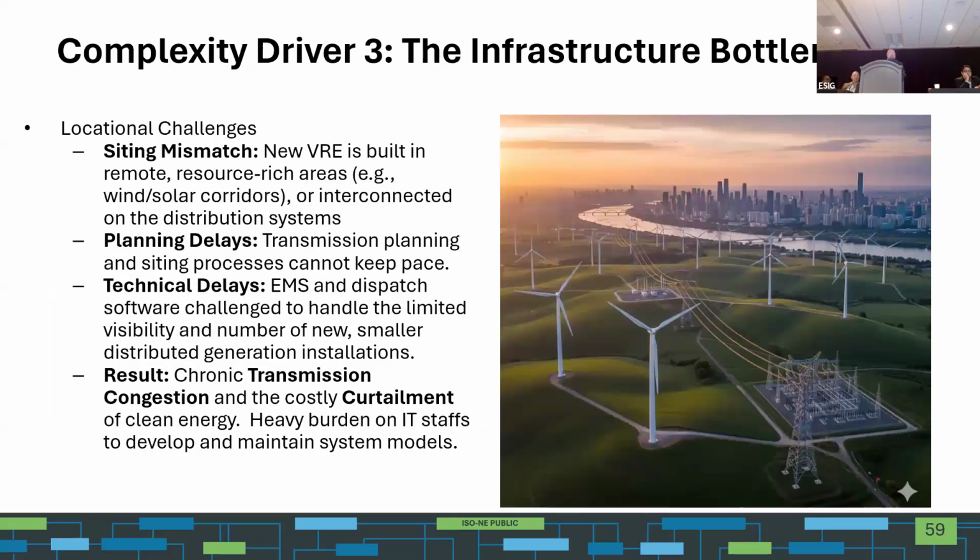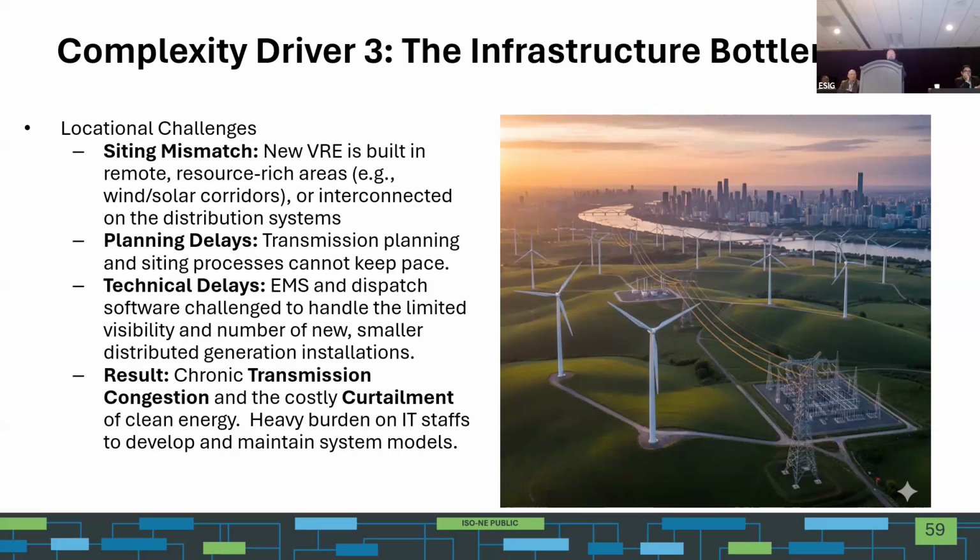And then we have the infrastructure bottleneck. In the past, we had a lot of onshore wind facilities that were interconnecting in very remote regions, such as northern Maine. They were interconnecting where the transmission system wasn't necessarily the strongest, but they fit at the time, and we ended up with a lot of congestion. And that happened all throughout New England, not just in Maine, but northern New Hampshire and Vermont as well. We end up with these interfaces with many resources buried behind them that we have to deal with the congestion that they cause, and we're curtailing all this clean energy that needs to get to market.